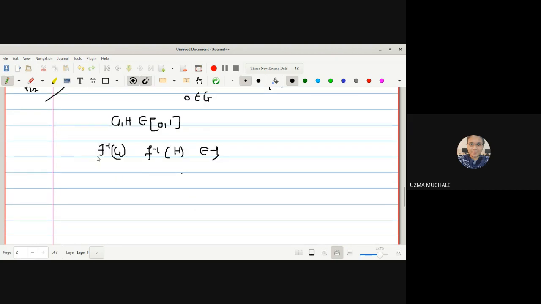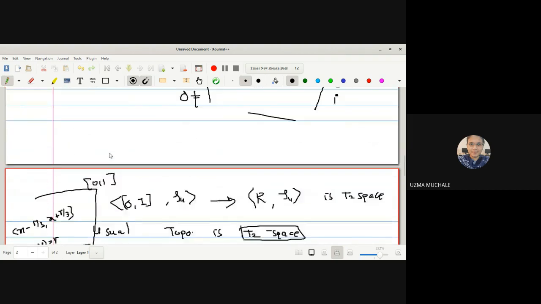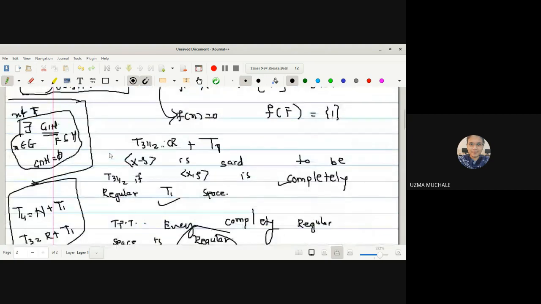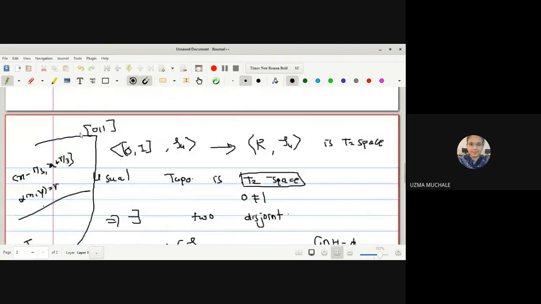what is our aim to find out? That x is an element of, what is given to us? We have to find in such a way that x must be a member of one open set, and F must be contained in another open set. Okay, is it possible to do here?